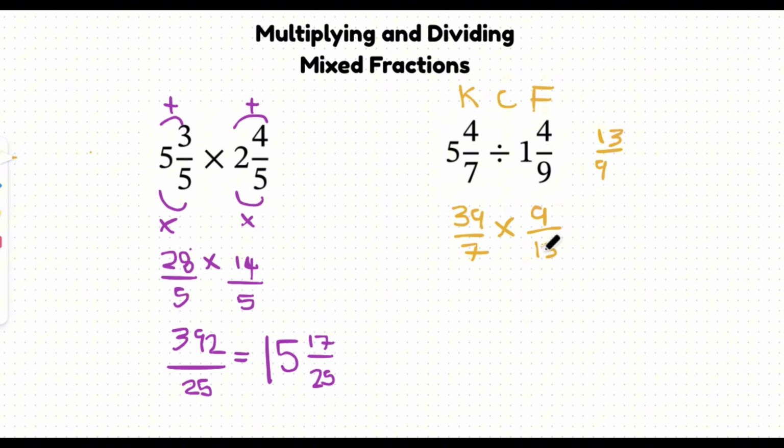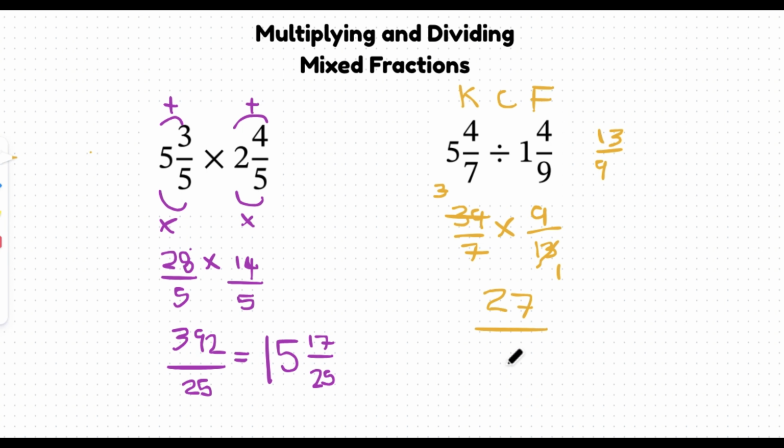If we remember what I spoke about, we look at the diagonals. In this case, 13 and 39 are multiples of each other. They're in the same times table. So 13, 26, 39. So we know that 13 goes into 13 once, 13 goes into 39 three times. Now that you have this, you have a new sum that you can just multiply straight and simplify. So in this case, 3 times 9 is 27,